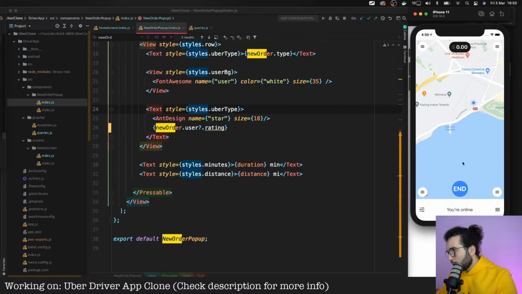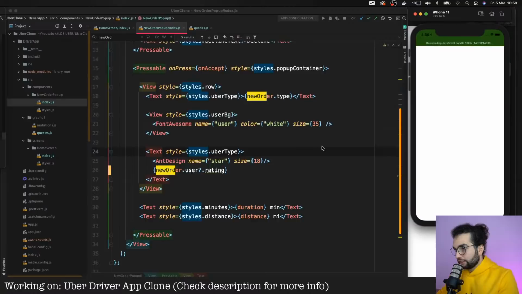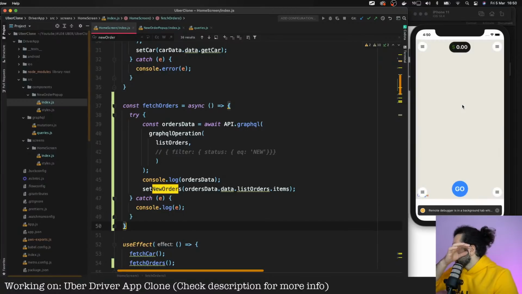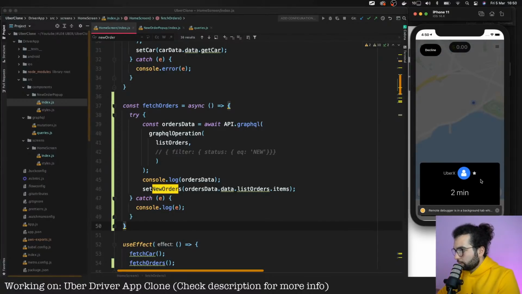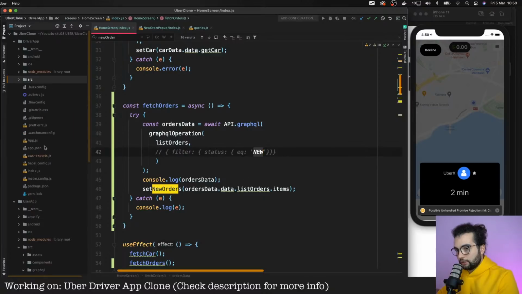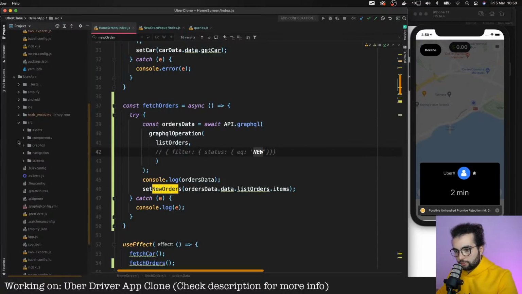Yeah, right now our orders are queried from the backend. And if we add this filter, then we're gonna query only the new orders that are in the backend, because right now we're querying all of them. Yeah, probably it's not a problem, but you can adjust it by adding this one. And make sure that whenever you create a new order from the user application, you add this property status equal to new. I'm gonna do it right now.